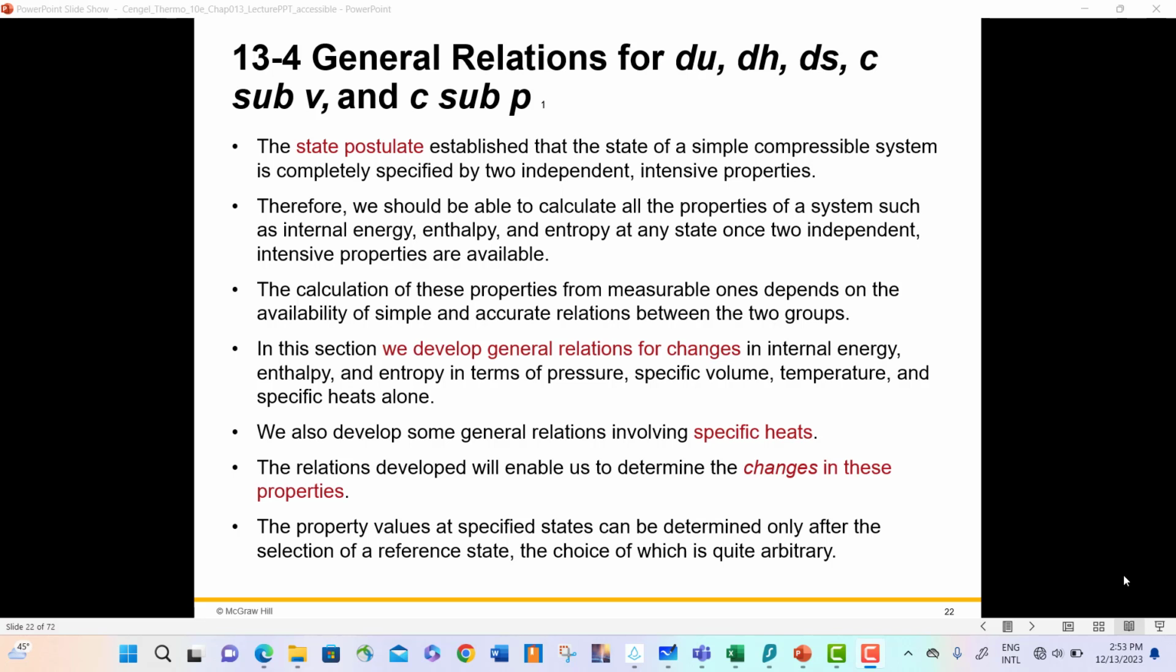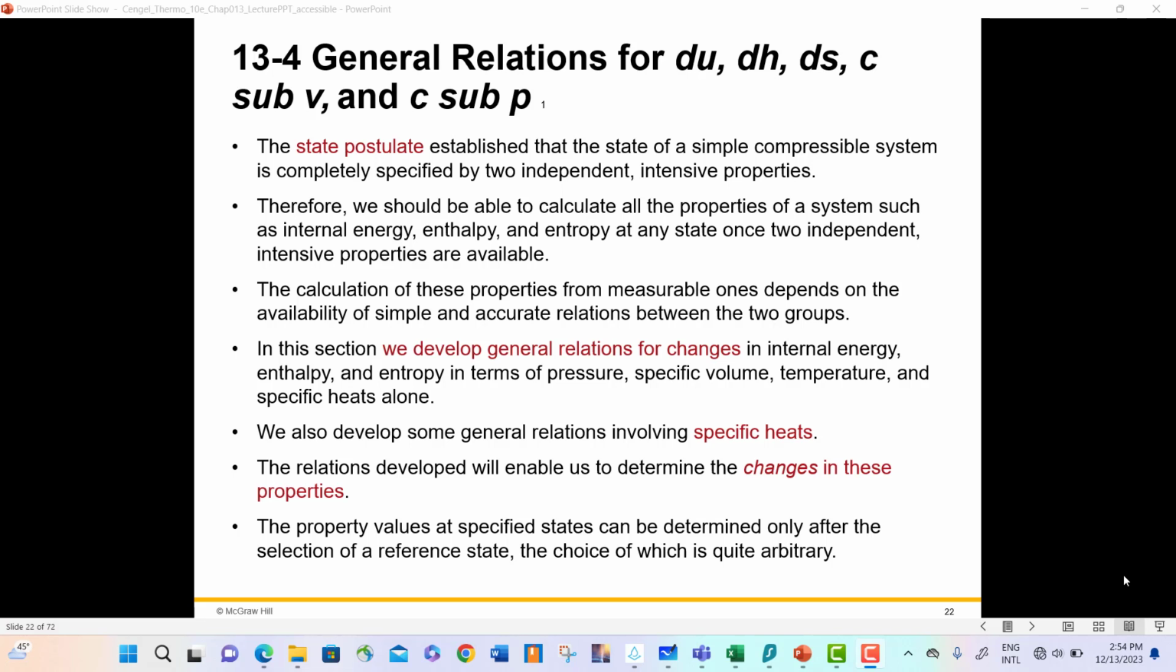The calculation of these properties from measurable ones depends on the availability of simple and accurate relations between the two groups. Just going over what we're doing in this section, because I feel like to students it seems a little thrown in, a little late. Obviously, I want you to be able to work through them. The chances of you getting hired to produce tables and things like this is slim, right? Because it's done. But you do get to see how